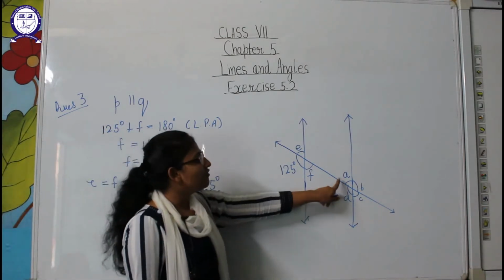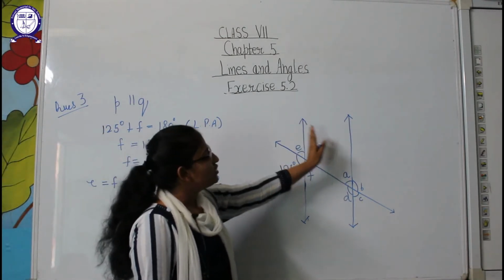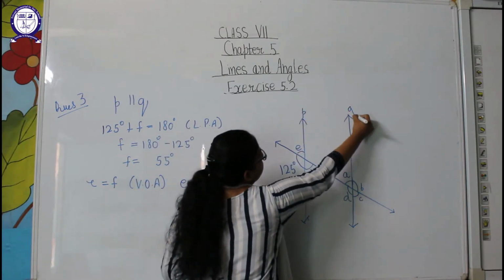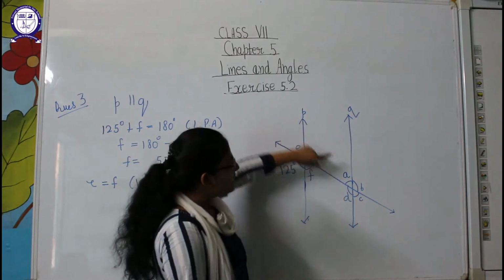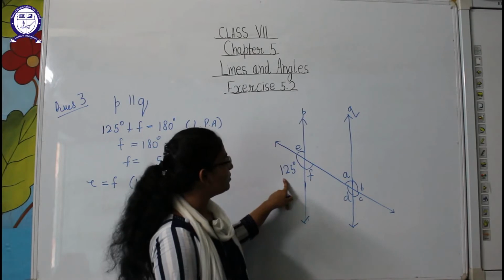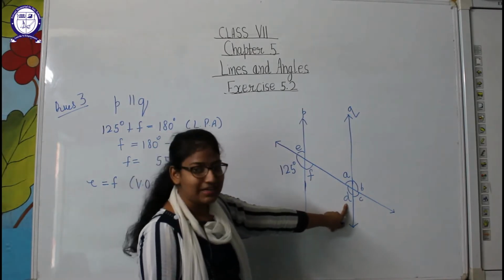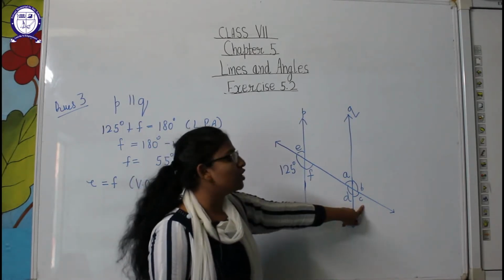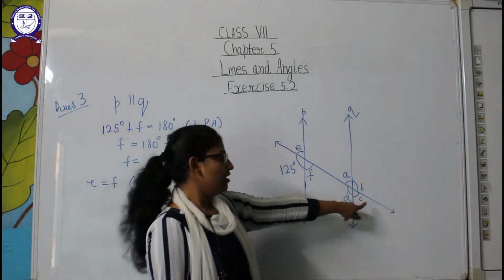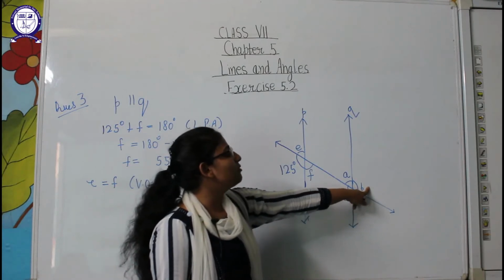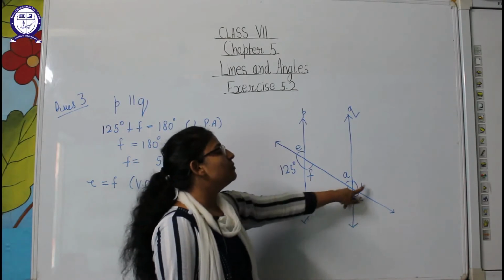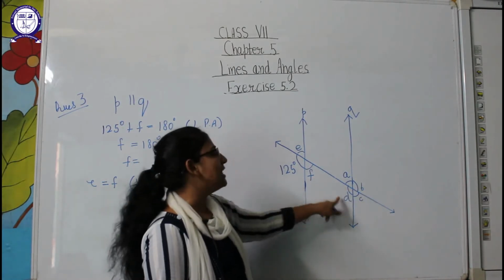Now what is the value of A here? As these two lines are parallel, P and Q, E and A will be corresponding angles here. Similarly, 125 degree will be corresponding to angle D, and angle F will be corresponding to angle C. Like this we can tell the value of these three angles. And for B we can say that B is vertically opposite to D. It means B's value is also equal to the value of D.